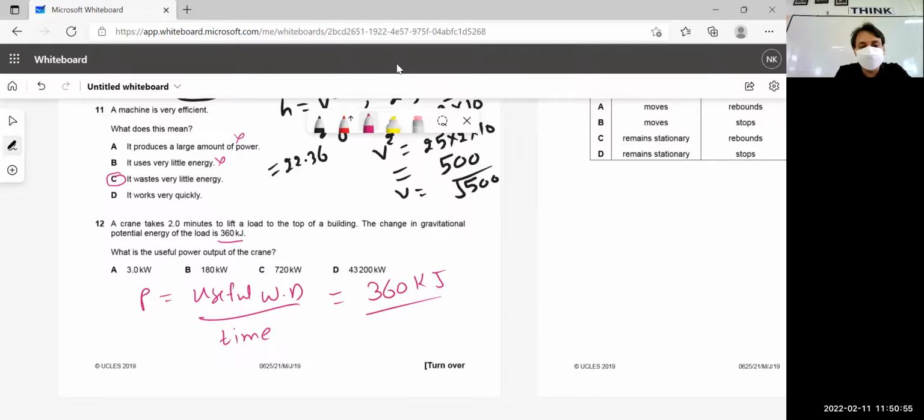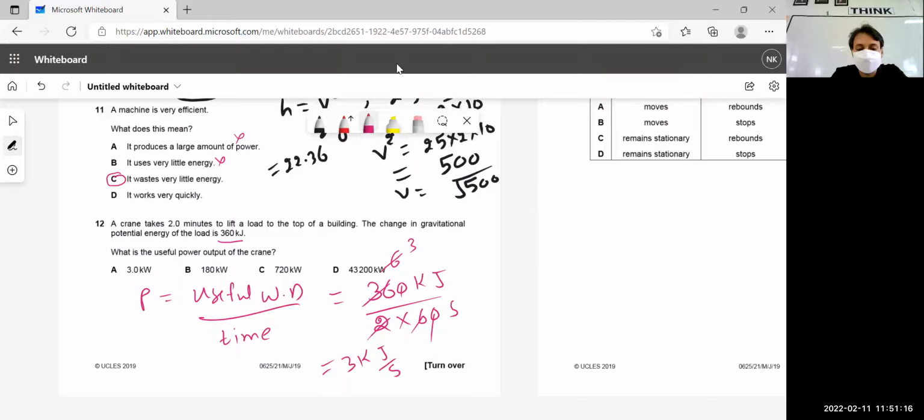divided by time, which is given as 2 minutes. Convert into seconds, and this is seconds here now. You can do the calculation. 0 is cancelled by 0, 6 6s are 36, and then 2 3s are 6, and I got here 3